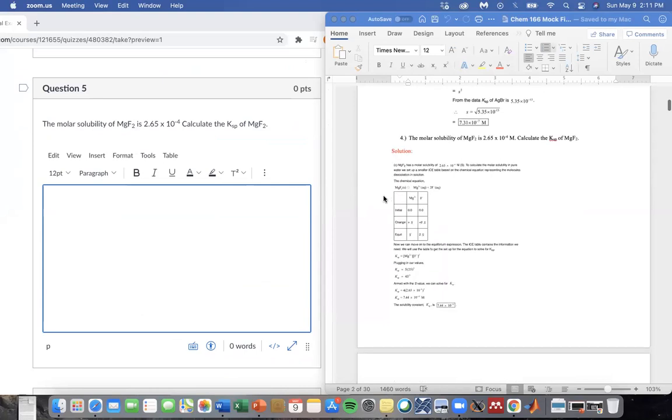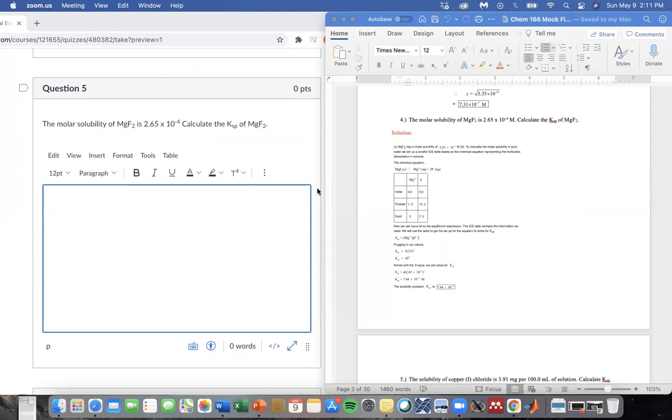Okay, so now we have kind of the flip thing. You were given the KSP in the last one and you were trying to solve for molar solubility, and now it's the flip where you're given the molar solubility of MgF2 and you're trying to calculate the KSP of this molecule. And so for MgF2, you'd have MgF2 as a solid going to Mg2+